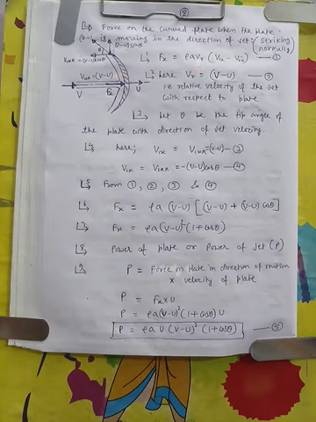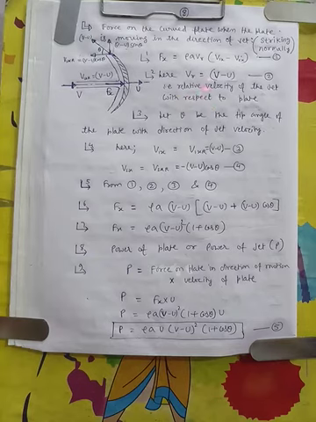As I had told you, for the mass strike rate we always have to take the relative velocity of the jet with respect to the plate. In the last cases the plate was stationary, so we simply took the velocity of the jet as Vr, but here Vr will be v minus u. The jet is moving with velocity v and the plate with velocity u. Both are in the same direction, so simple algebraic subtraction gives the relative velocity of the jet with respect to the plate. So Vr will be v minus u.